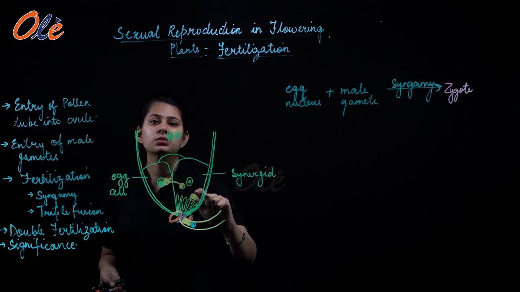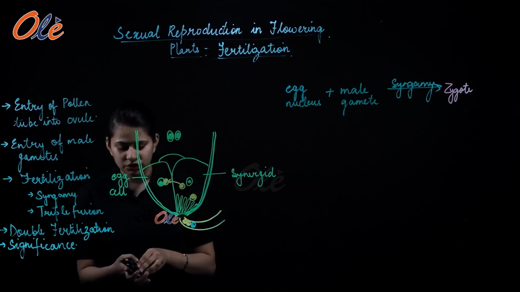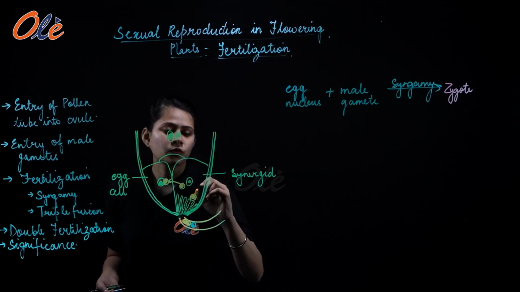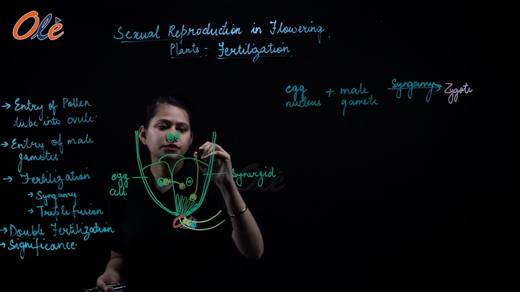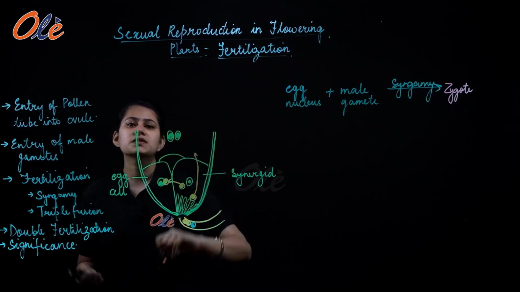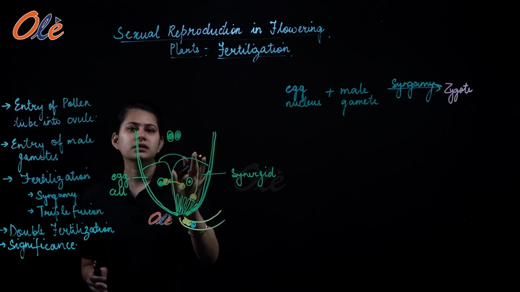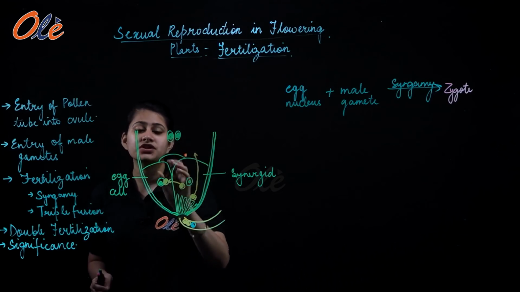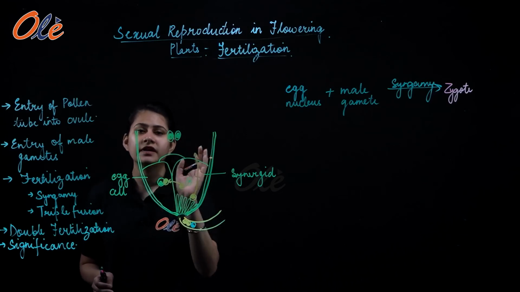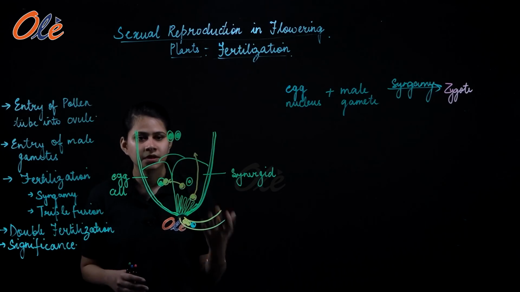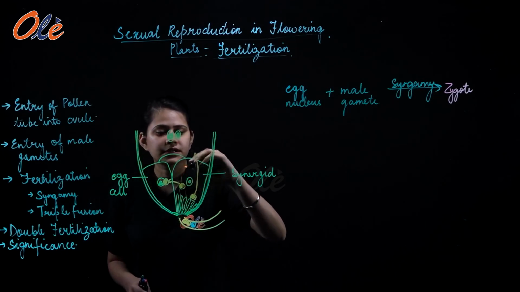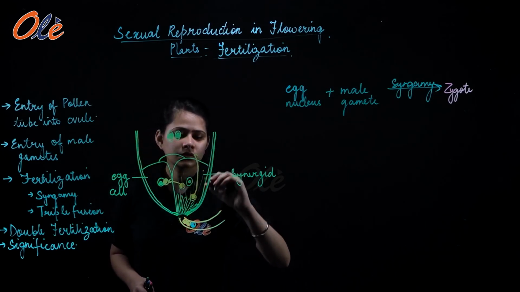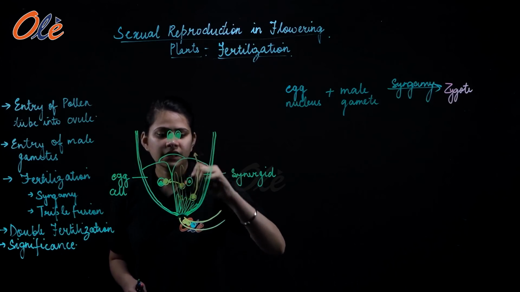What about the second nucleus, second male gamete? अब देखो जैसे जैसे ये second male gamete move करती जाएगी ना, it will move through the synergids. This synergid is going to disintegrate, right? The egg apparatus as such will now only consist of the egg cell, whereas the two synergids have disintegrated, right? So they are going to disintegrate in this way, right?